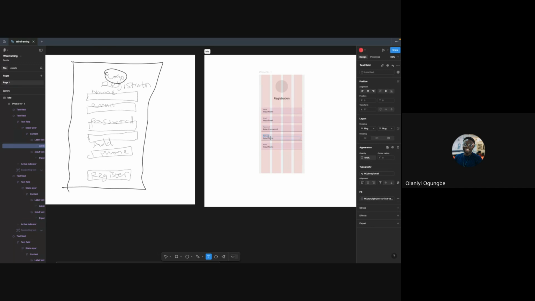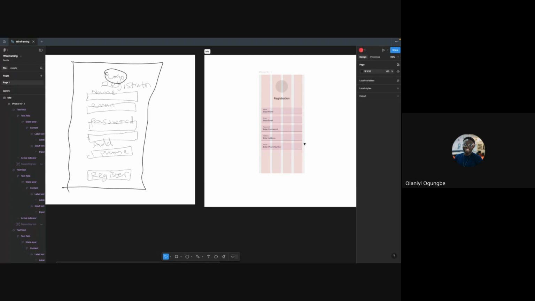Enter address. And last but not the least is phone. Enter phone number. Okay, so now we have all of the fields for the form.